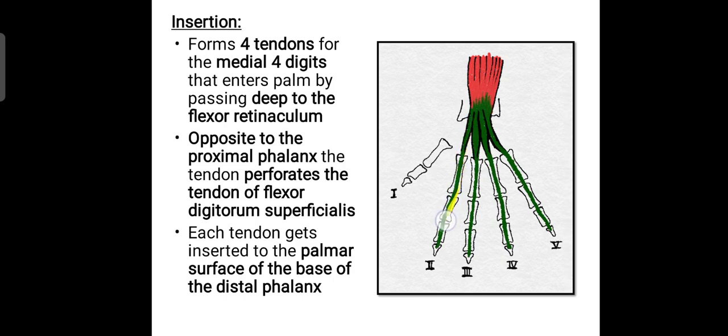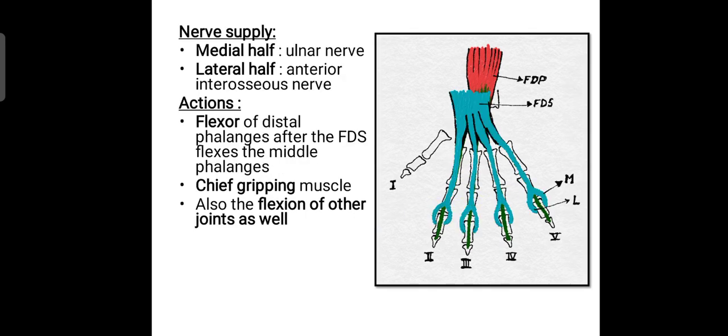But on the way as it goes, it pierces the flexor digitorum superficialis tendon. We have to see how it penetrates through that, right? I have another picture to show you that. Here you can see, first just look at the picture. In this diagram, I have incorporated the flexor digitorum superficialis tendon as well. You know already that as it reaches the proximal phalanx, the superficialis tendon will split up into two slips, right?